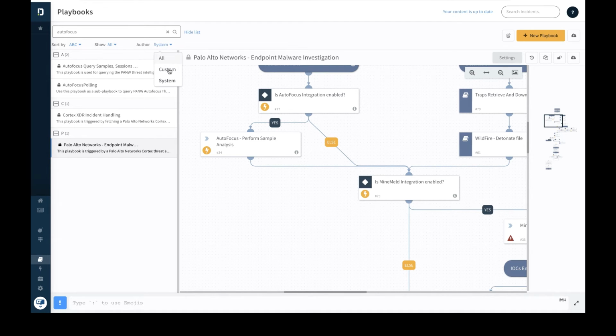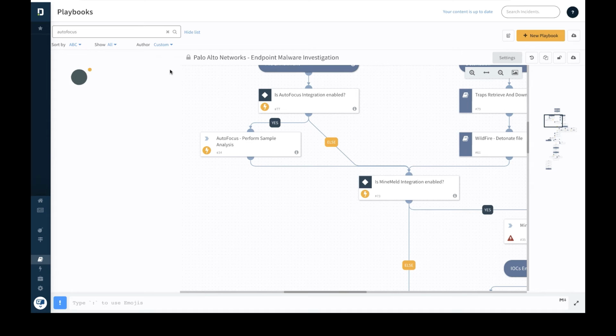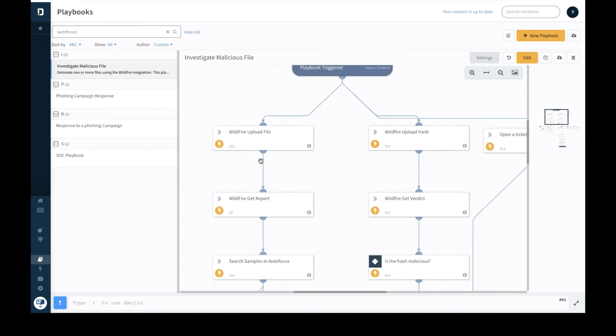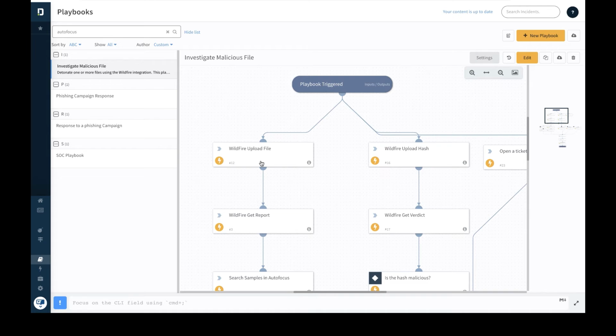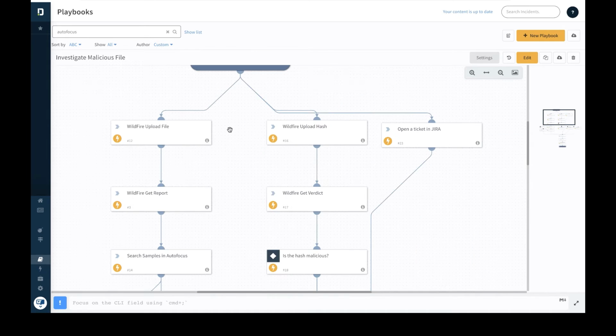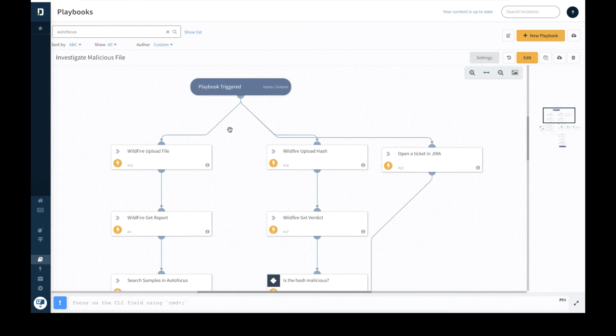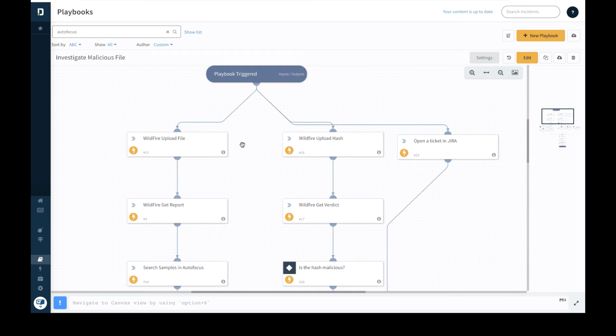For instance, if we go ahead and select custom, I have actually used to fit my use case where I actually want to investigate a malicious file. So let's take a look at what this playbook actually does. So the playbook here actually captures the malicious file as part of the incident investigation, and from a response perspective